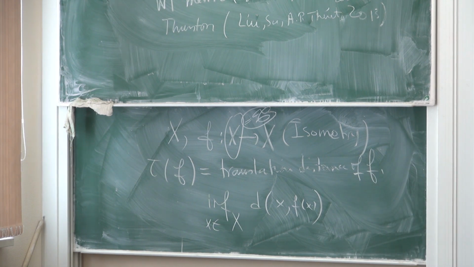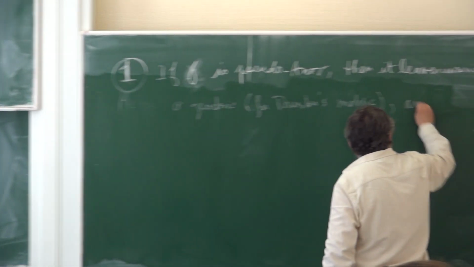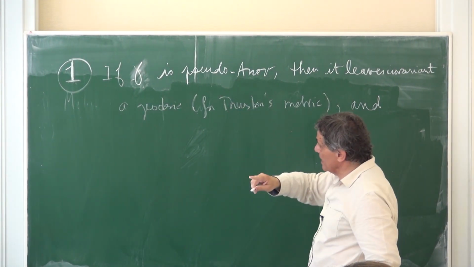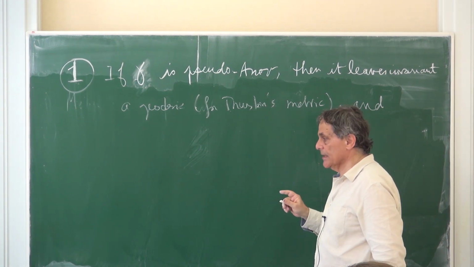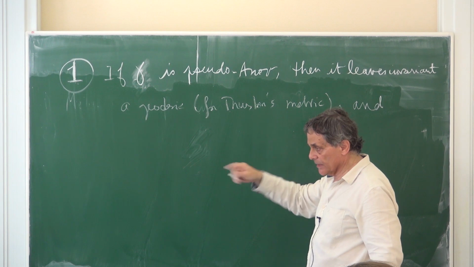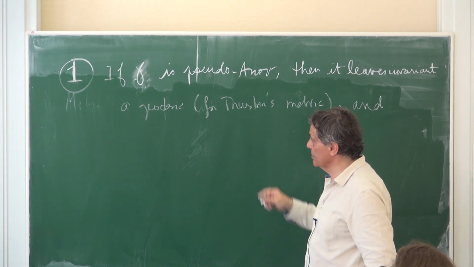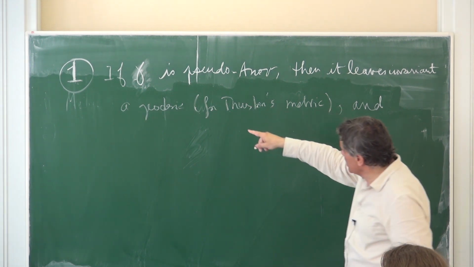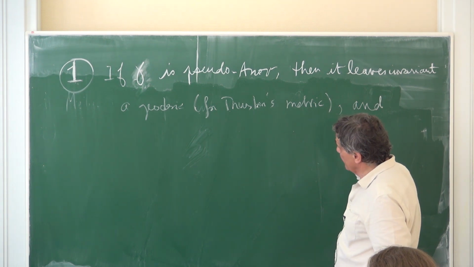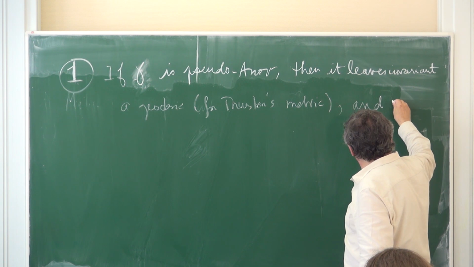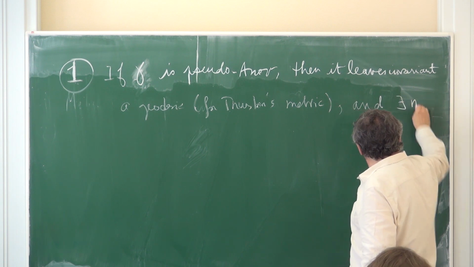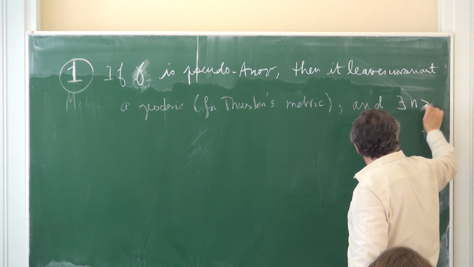And in fact, it leaves invariant a geodesic, and so we talked about stretch lines. I told you that these are examples of geodesics, but that there are other geodesics. I will say later, not today, how you can find other geodesics. But this geodesic here is not necessarily a straight line, but the statement is that there exists an integer n greater than 0